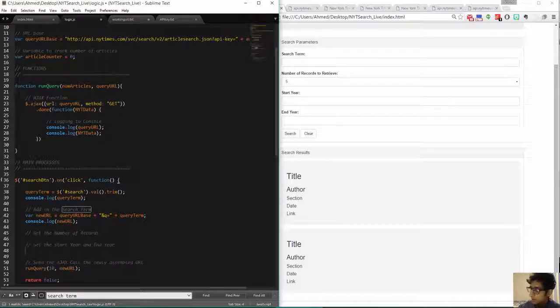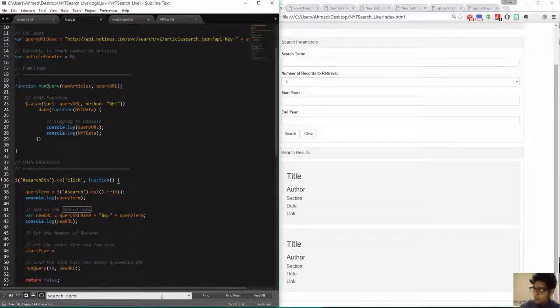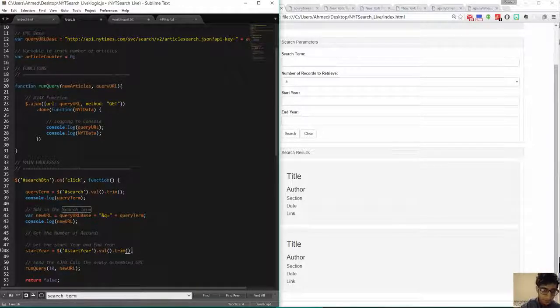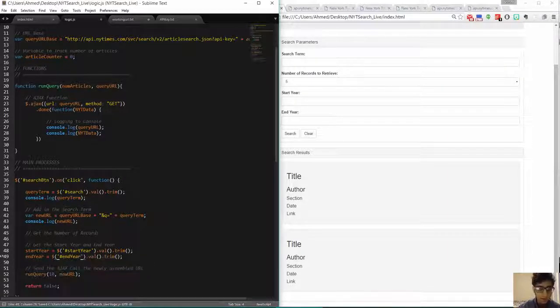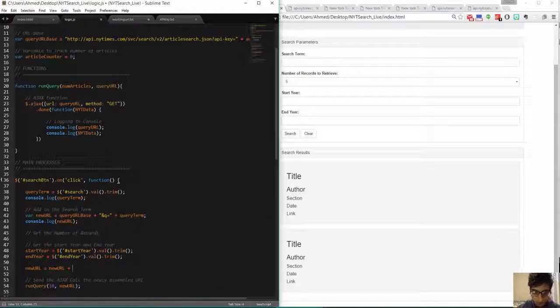Okay, so I'm going to create a little bit of code for the start year. It's going to be start year equals .val.trim, and we're going to do the same thing for the end year, and we're going to call this end year .val.trim. Then we're going to add on these values to the end as well. So we're going to have the same new URL equals new URL plus,